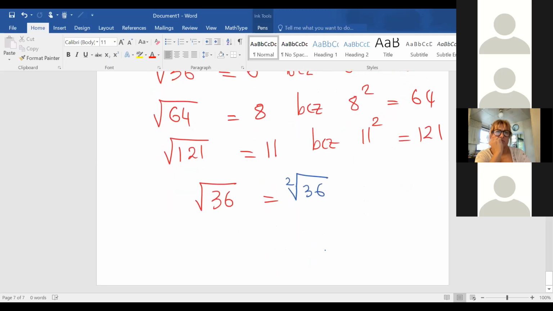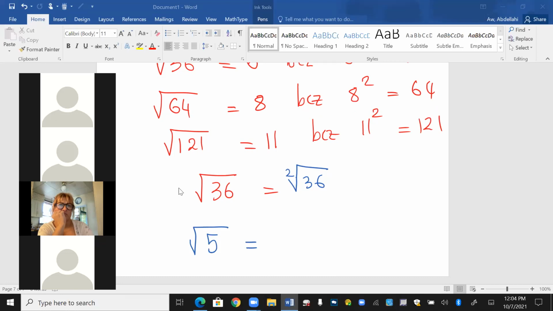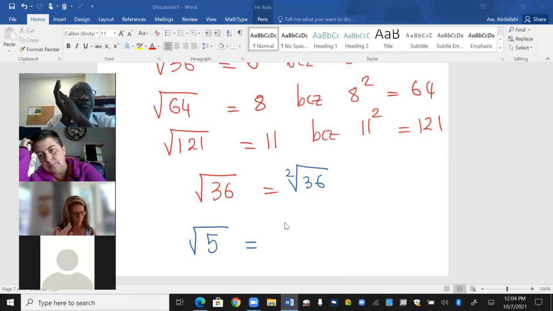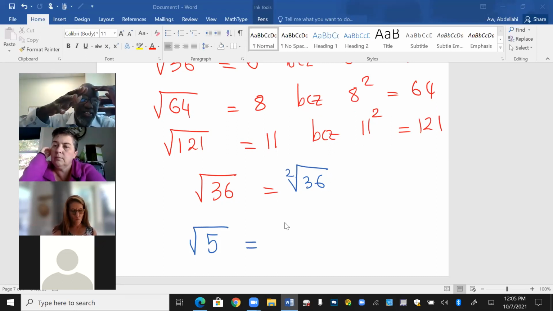All right, so now, if I tell you, how much is the square root of 5? What do you tell me? There's no exact square. You see, the square root of 5, do we know exactly how much it is? No. We don't know exactly how much the square root of 5 is, but we don't say it doesn't exist. It does exist. It's just not an exact number, okay? That is why, unless somebody asks you to write the approximate value, you're going to keep it